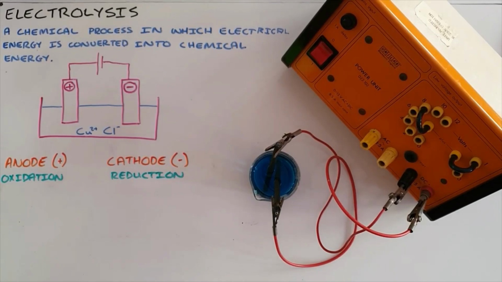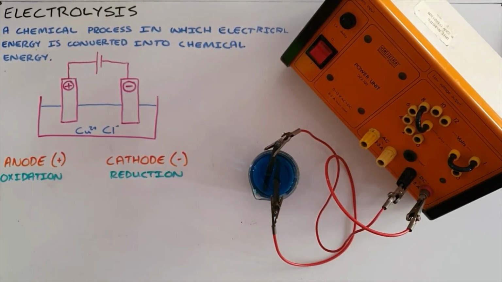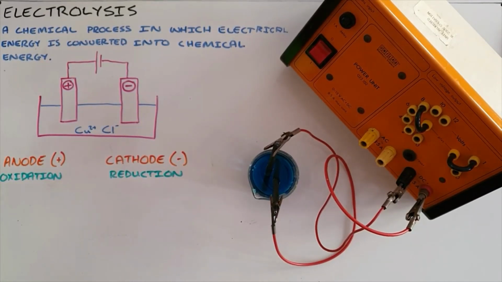Electrolysis is a chemical process in which electrical energy is converted into chemical energy. So the main difference here between this and a galvanic cell, this being an electrolytic cell, is that we are now providing the transfer of electrons with this power source that is forcing the electrons to travel in the direction